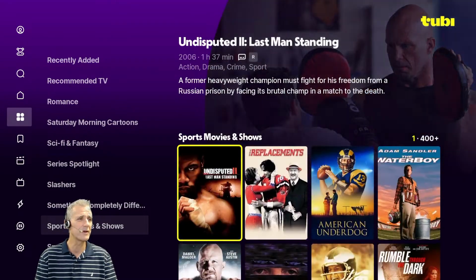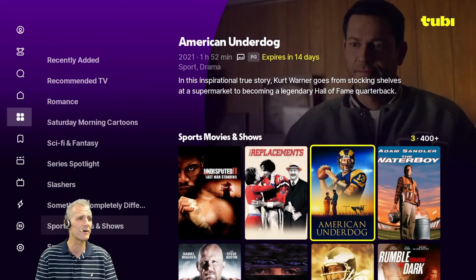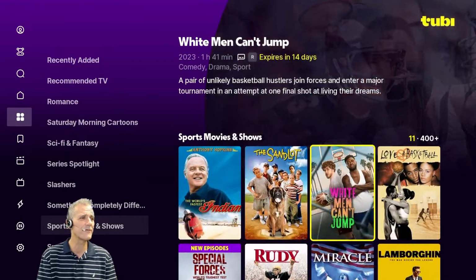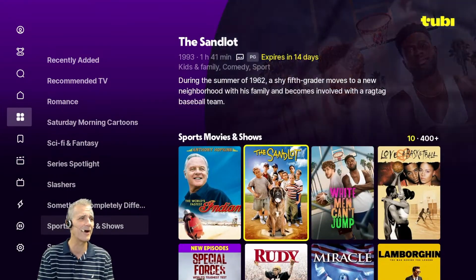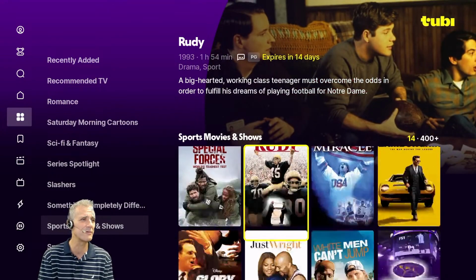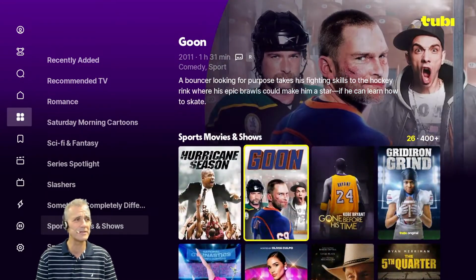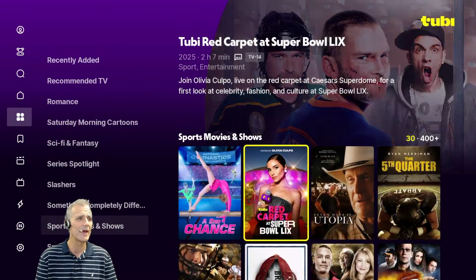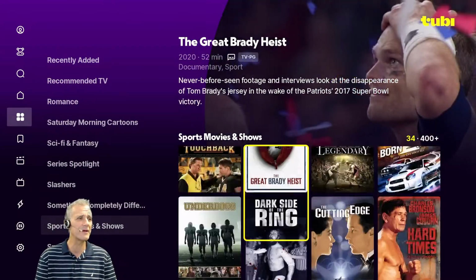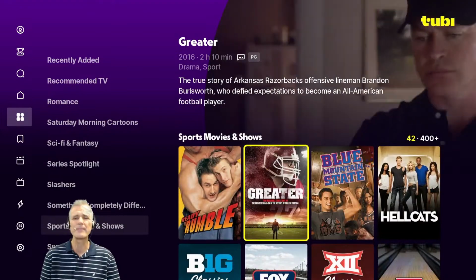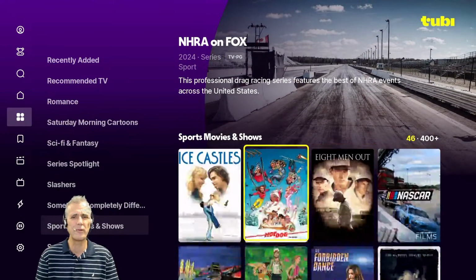You see here, there's one about Kurt Warner and Underdog. A lot of different movies. The Sandlot, that's a classic. Rudy. You're going to see some documentaries, and a lot of different movies here that you can watch for free.